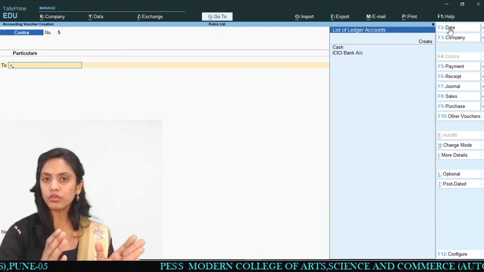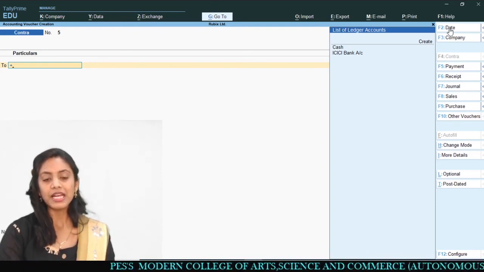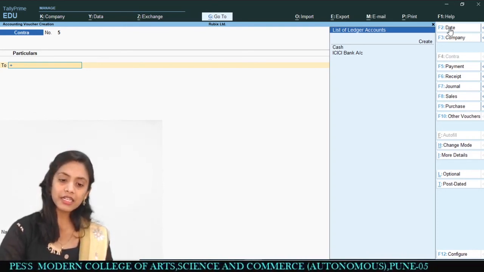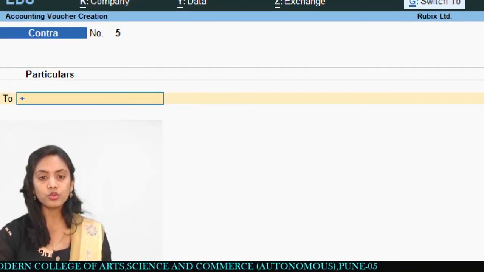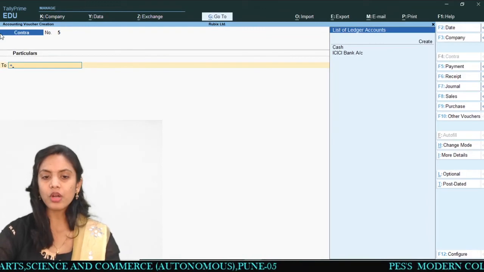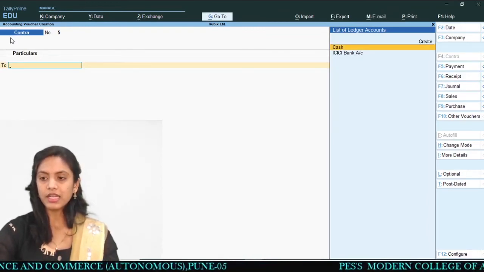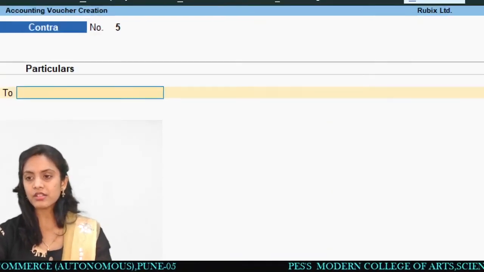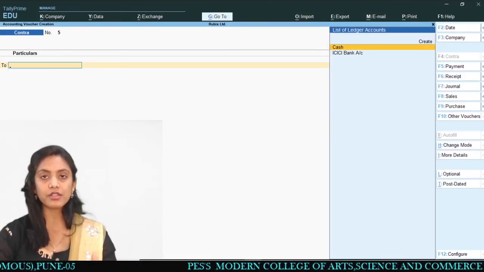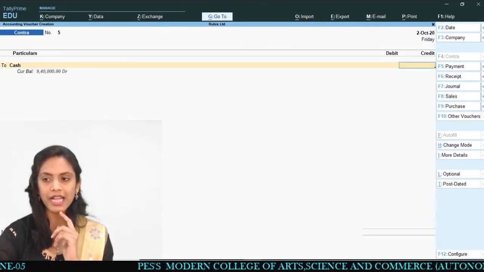I just have to do the entry now. The entry was cash deposited in bank. So once again, cash account is credited. They are asking for the account credited. Which account is credited? Cash account is credited. So I will go for cash. You can see in the list of ledgers, there are only two options, cash and bank, just like the contra, because it is a contra voucher. So I will select this cash.